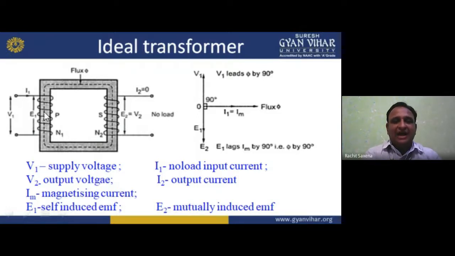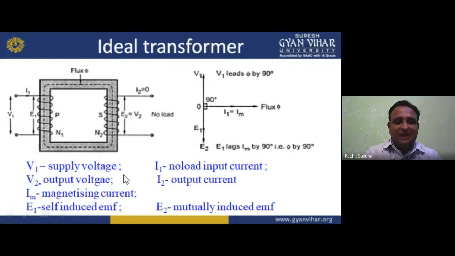So I1 N1 converts into the MMF, and with reluctance in that circuit, MMF divided by reluctance gives the flux, that is phi 1, the primary flux. This flux is moving, no leakage is there, and it is cut by the secondary winding, and we get E2 and V2, the secondary side voltage, but the secondary current is zero. Why? Because there is no load, so it is an open circuit; we can say no load current.